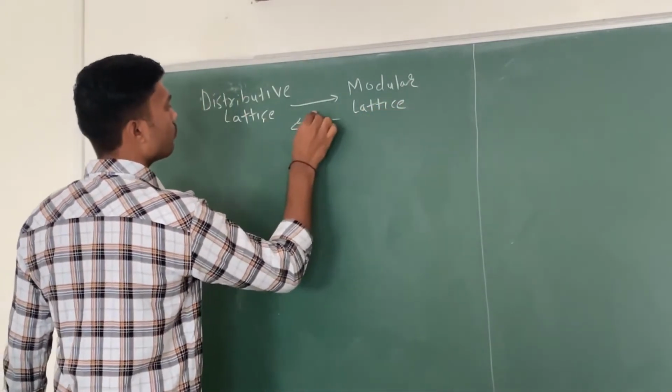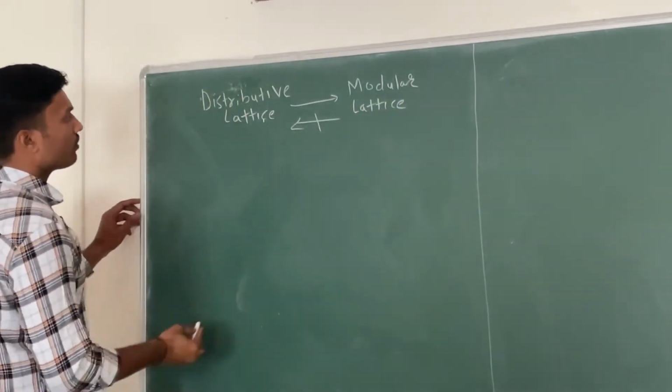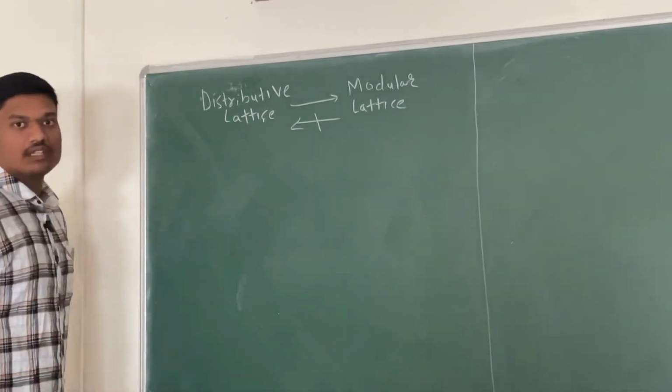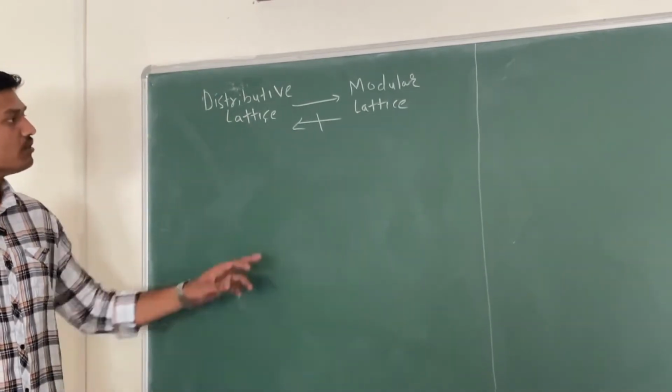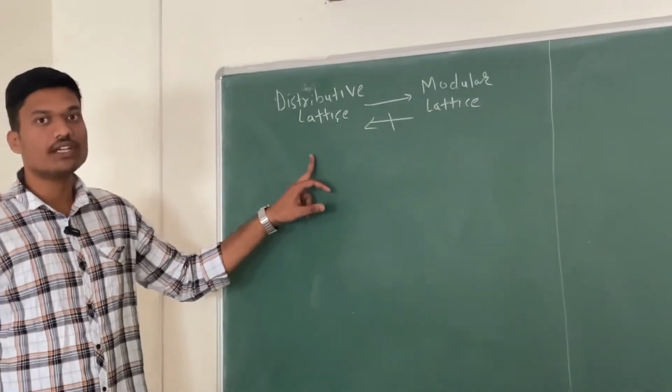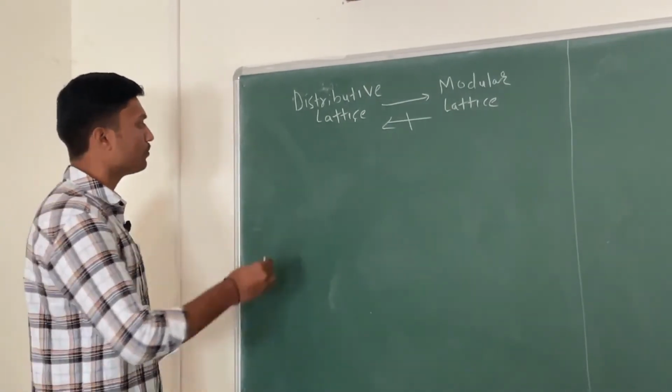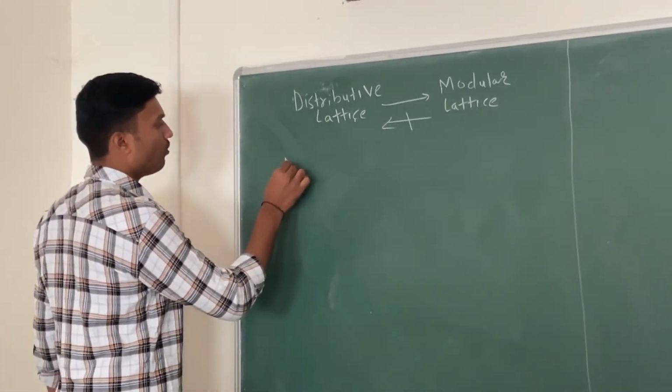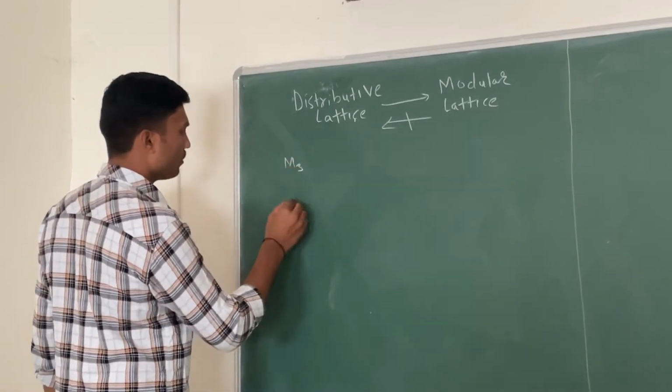The converse of this is not true. Let M3 be the diamond lattice, which is a modular lattice but not a distributive lattice, that we are going to prove. The diagram of M3 is